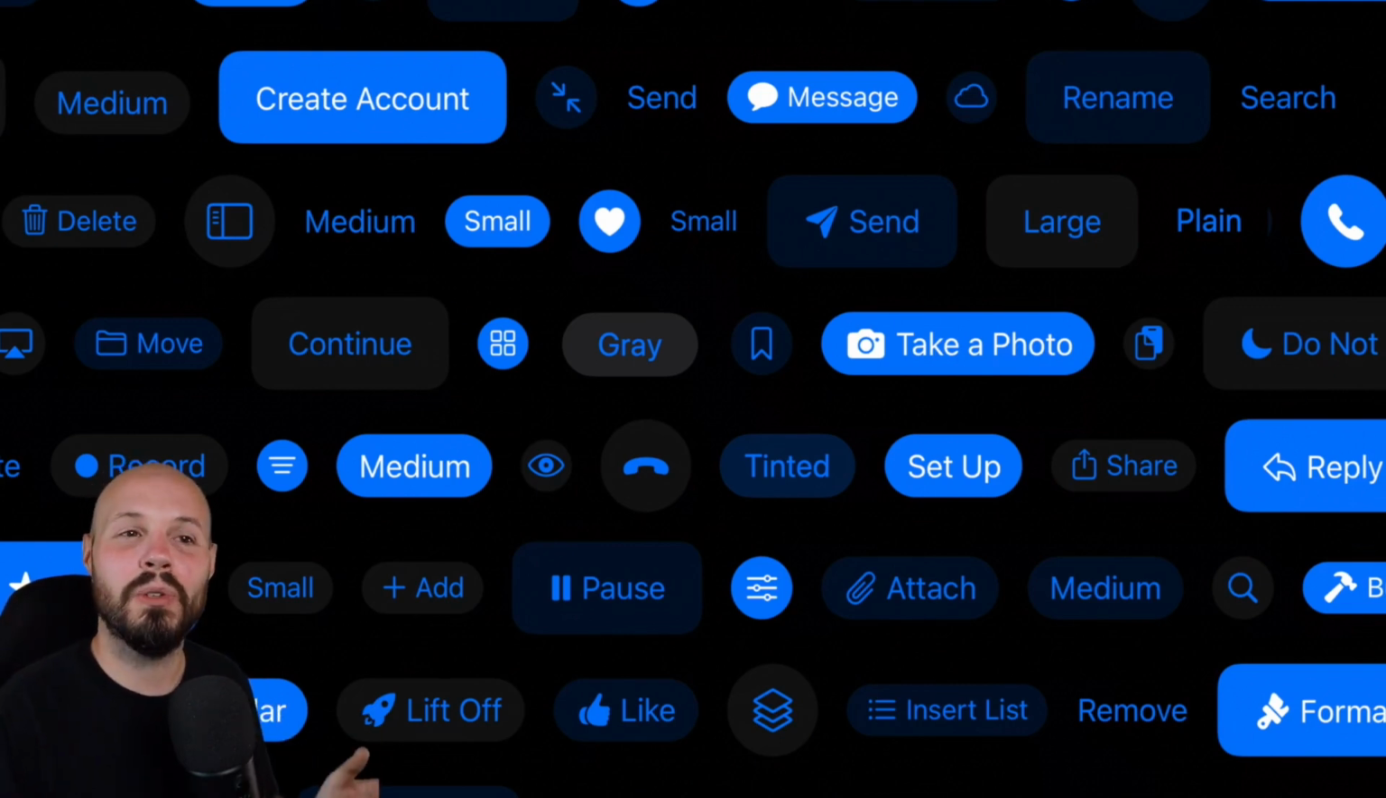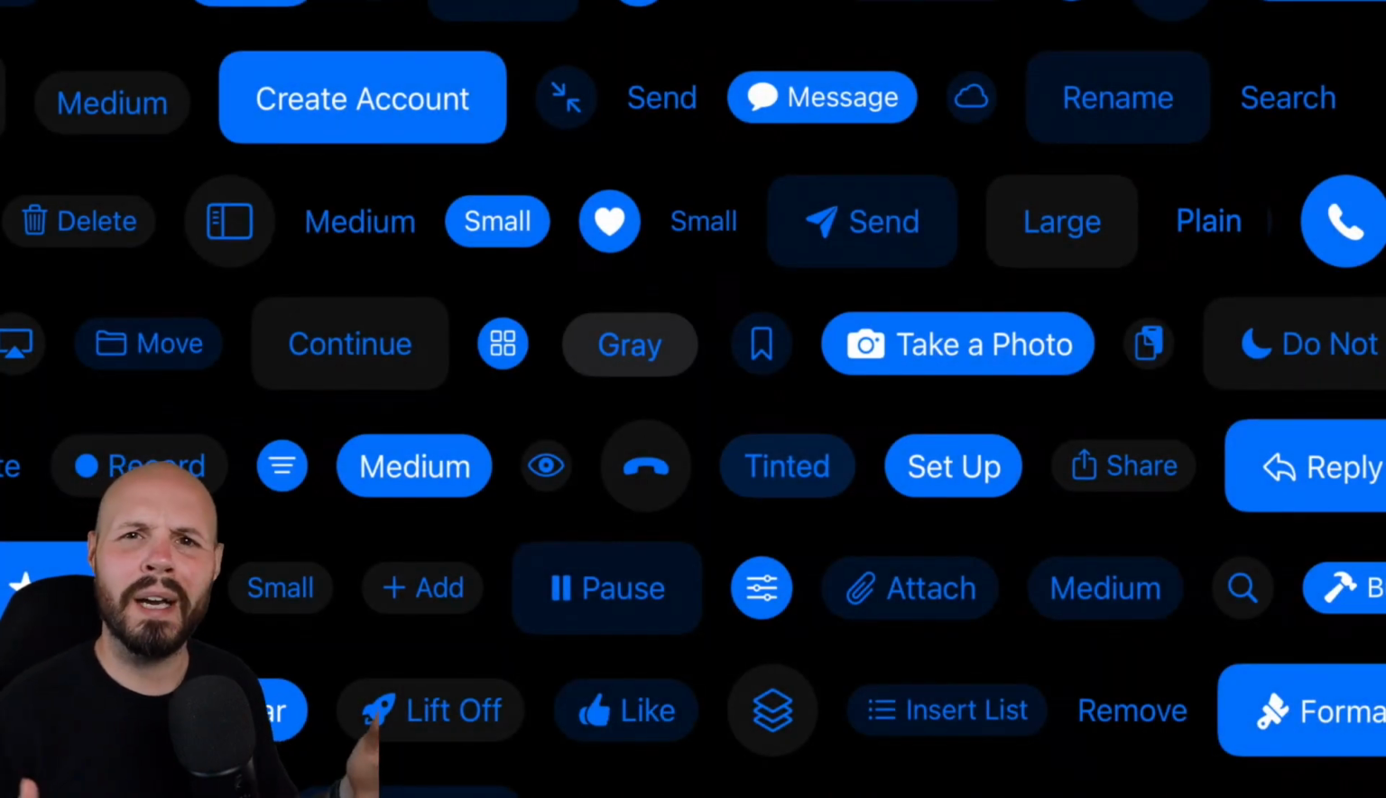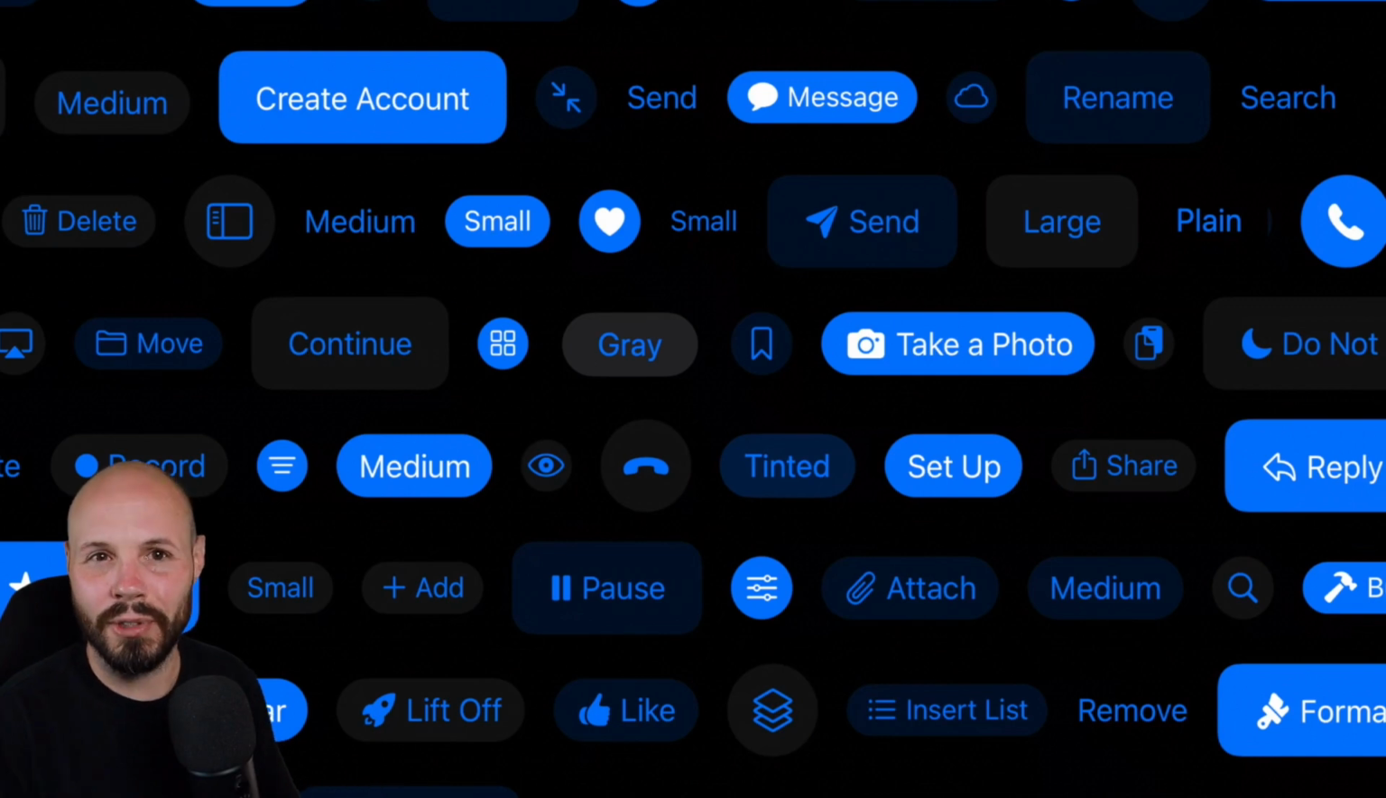So essentially what these new configurations do is give you 4 different variants: plain, gray, tinted, filled. As you can see on the screen, these are very Apple-looking buttons. So instead of us having to recreate these Apple-looking buttons like we did in our app, these new button configurations give you a lot of this stuff out of the box for free if you want them to